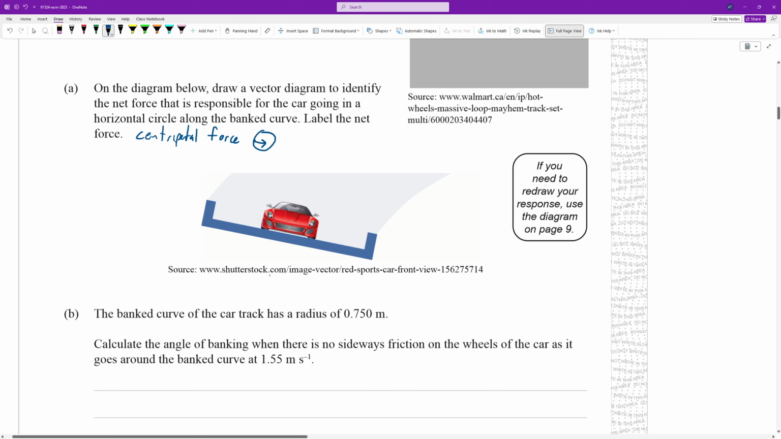Now side on, it's a little bit different. It would be going this way. Let's get a straight line there. There we go. So that is our F net. Is that all it's asking? I think so. Yeah. I mean, while we're here, we could draw a weight force